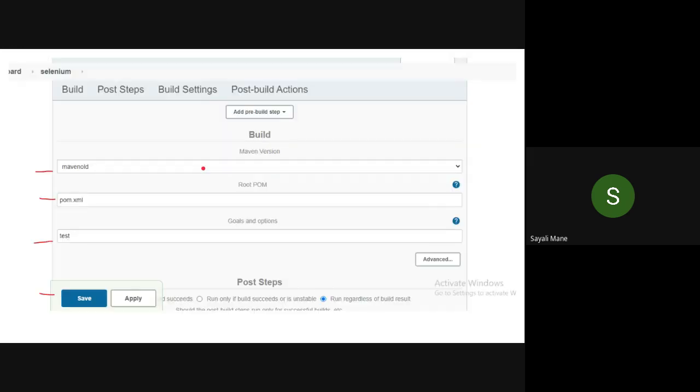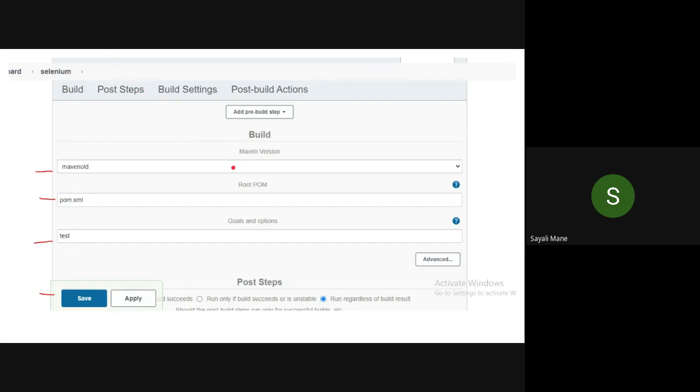So now just scroll down a little bit. You will see Maven version. So Maven old, that name will come automatically over here. Root POM, that is the POM file, pom.xml file, and inside the goal. We are going to test a POM file, right? That is why please type test in small letters.